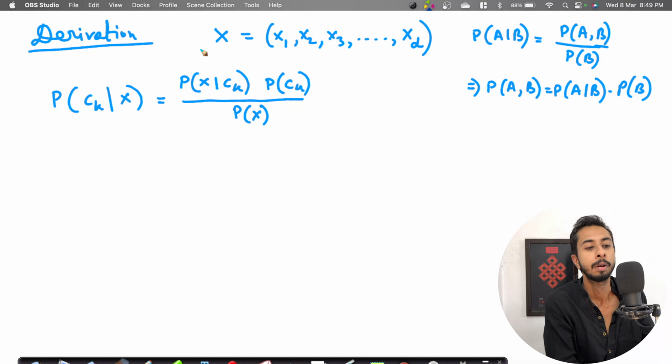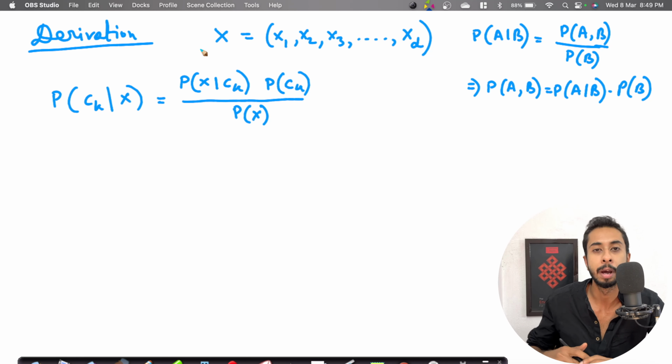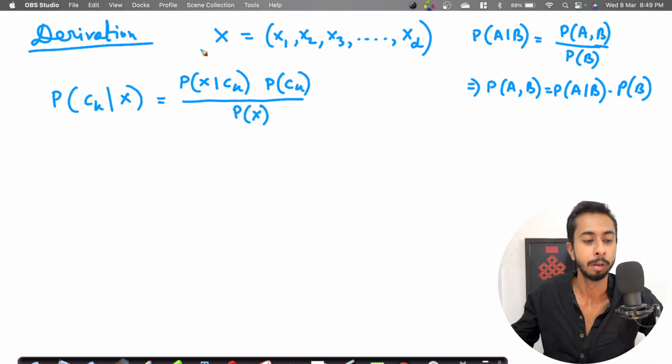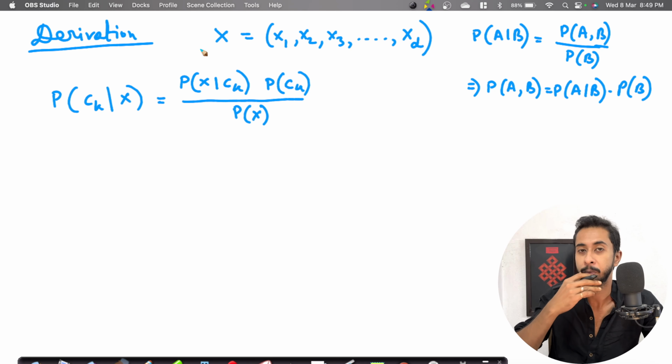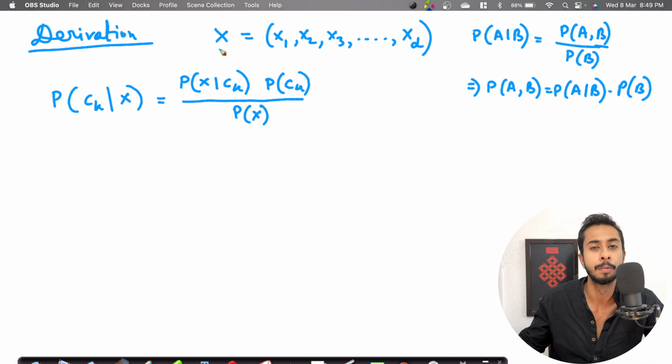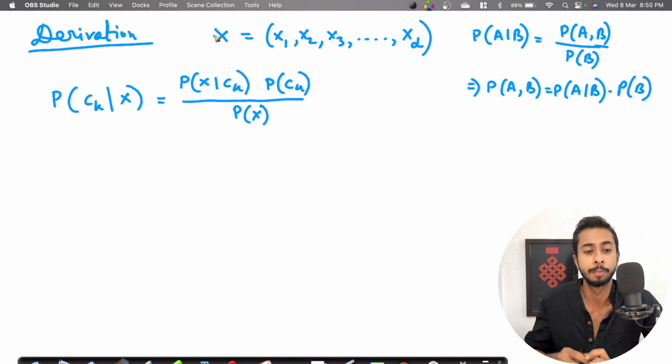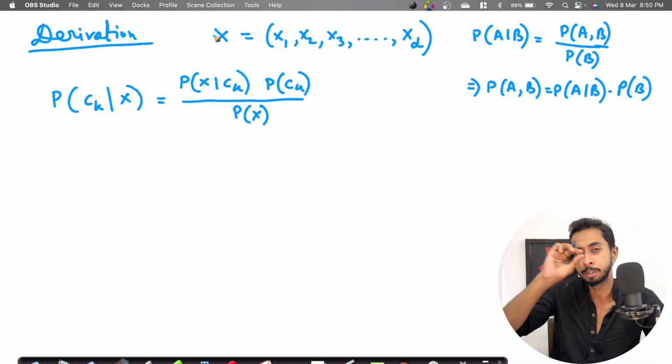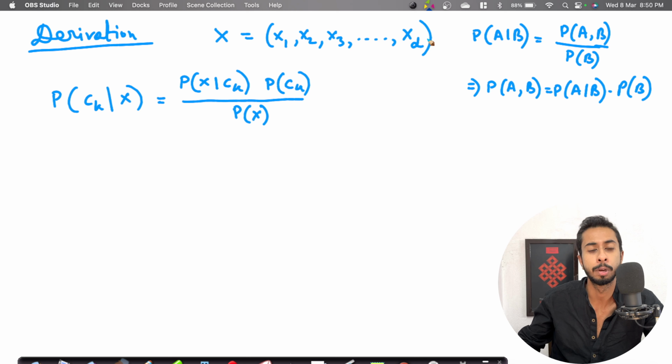Welcome everyone. So this video is going to be a bit intense because I'll be deriving the entire naive-Bayes algorithm here. So please focus. Here X is the feature set, right? So basically the features, the columns x1, x2, so the dimension is d, the number of columns present